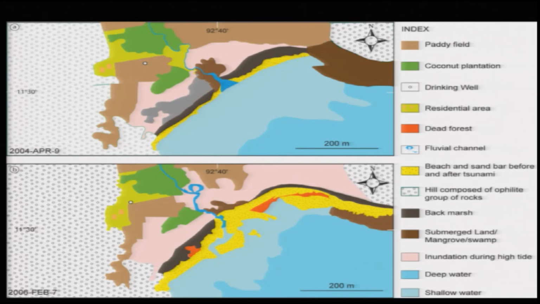So, because of the subsidence, before that the beach used to be here, which is marked in yellow, but after subsidence it was inundated. So, the whole area over here was affected because of the subsidence, and then what we found was that the back marsh behind the beach ridge used to be here, but now it is seen further inland. So, if there is a change in the environment in past events also, we can pick up this.